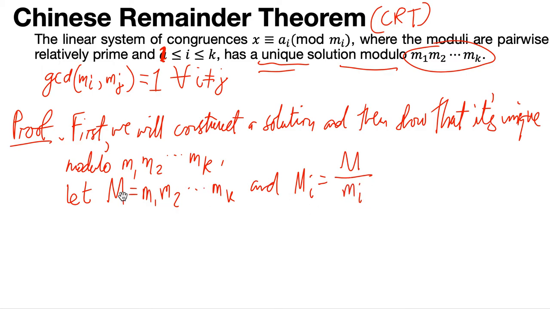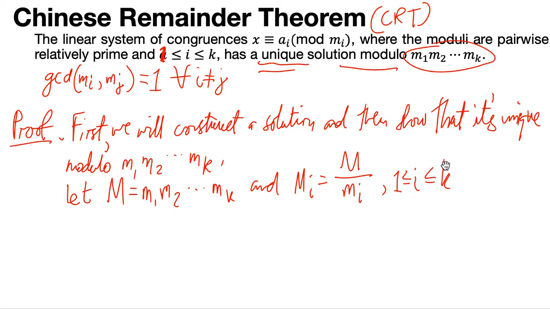So it's the same thing as big M, only that big M sub i is big M not considering m sub i. So we are canceling m sub i in that part. So again, big M sub i is equal to big M save small m sub i. This is for all i's between 1 and k,